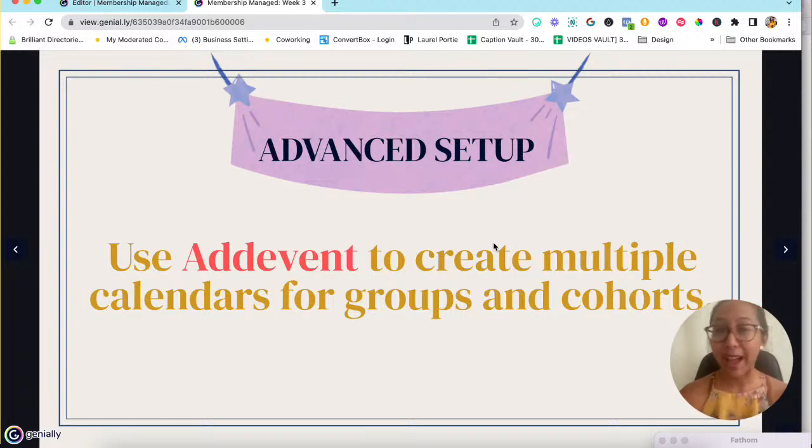If you're someone who actually has an existing membership, you might want to consider incorporating another setup, which includes Add Event. Add Event allows you to create multiple calendars from different Google Calendars. You can leverage groups and cohorts. If you have a mastermind, a membership with multiple different skill levels, or if you want to support different mastermind or accountability partners, you can use Add Event to create different calendars for each specific cohort, different interests, or different groups in different time zones. So there's a lot of opportunity here for people who have an existing membership to take that next step by customizing the types of events for your membership.